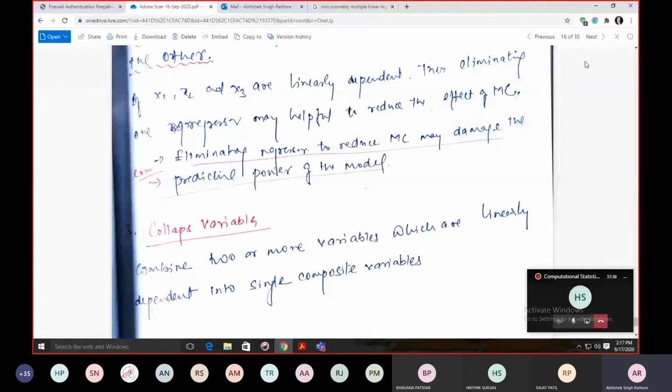Let's say I have 3 attributes: Abhishek, Singh and Rathore. We have 3 attributes, and my name is Abhishek Singh Rathore. What I can do is merge all those into a single item and say this is the value. Or we can add all those items, or aggregate them. We have different aggregation functions available: we can take the maximum value, the minimum value, the average value, or the sum of all those values. This is how we can collapse our variables. This depends solely on your experience and your intelligence.